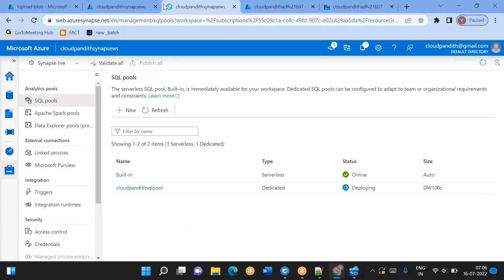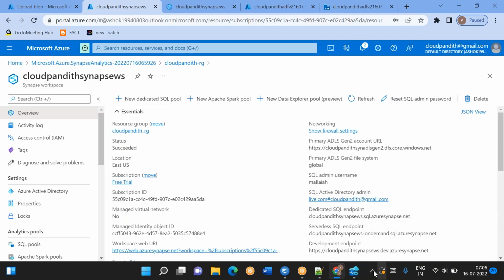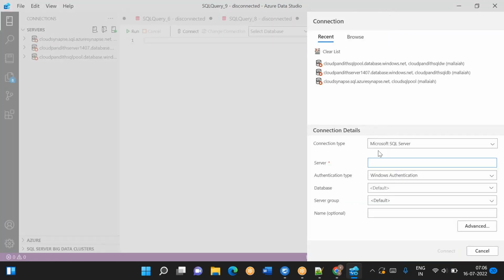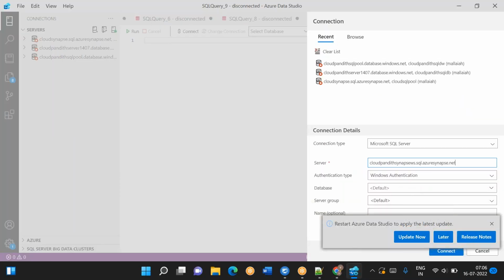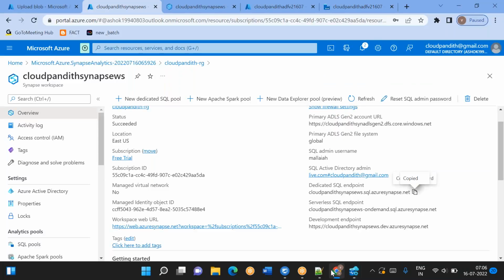Fine. So now go back. Now I want to connect to the server. What is the server name? You can say dedicated SQL endpoint. Copy this, put that here, and it's a SQL login. Whatever credentials you set, I set my name, cloud@123. Whatever the database name,